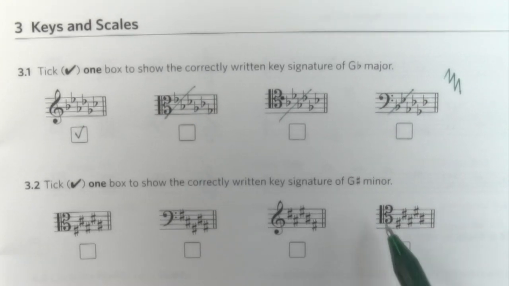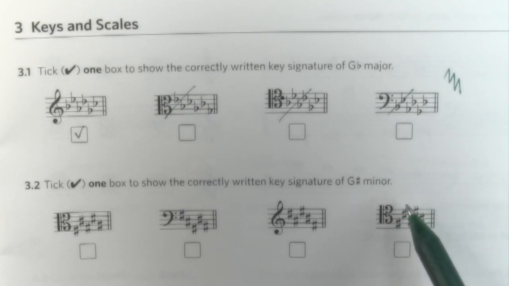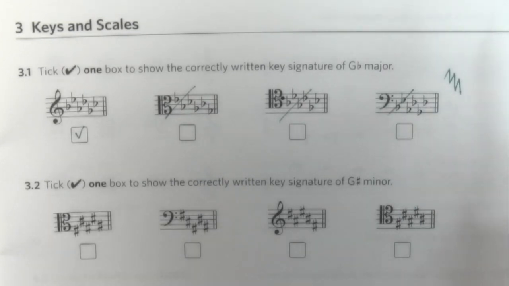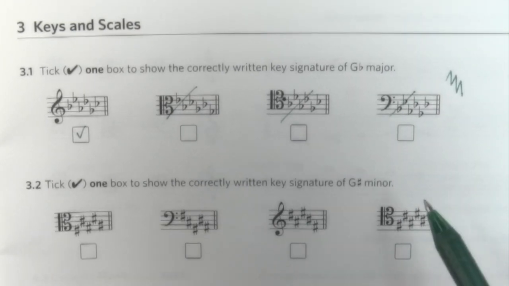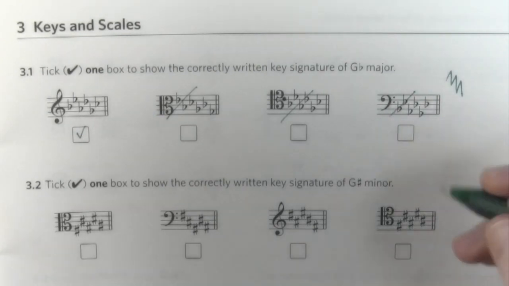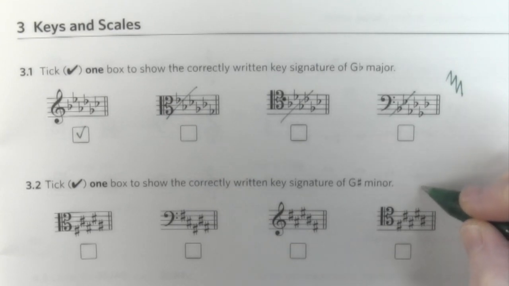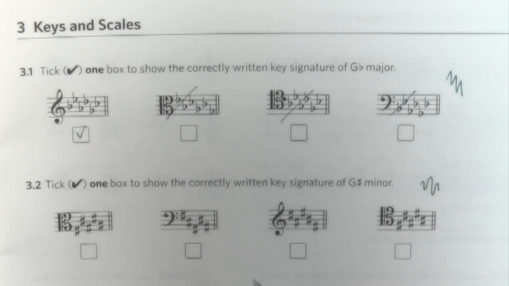Next one, we need to identify the correct key signature for G sharp minor. And we have 5 sharps in each of the examples, so we can be sure that G sharp minor has 5 sharps. And in fact, it's a relative minor of B major that has 5 sharps. So the key signature with sharps, we have 2 symbols here. One for all the clefs apart from the tenor clef, so they are 3 curves, of which the first one is longer. In the tenor clef is actually an ascending